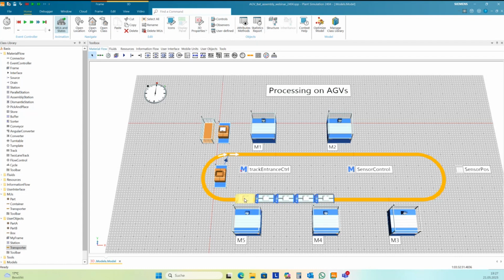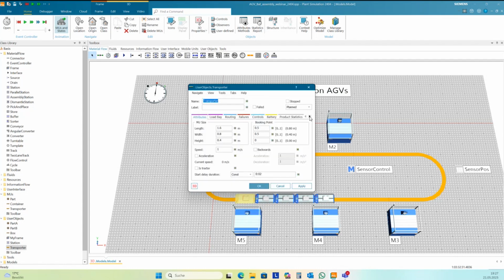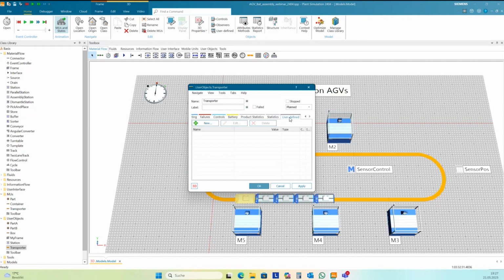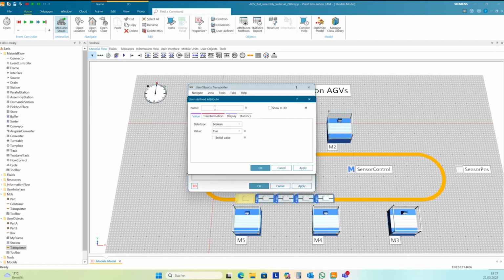To make it better observable, I want to show this battery status on the transporter, and we can do this starting from version 2404. In the transporter, I want to have a new attribute, for instance, charge.